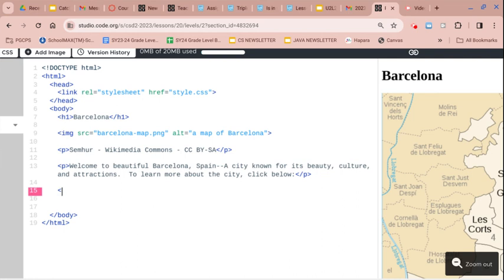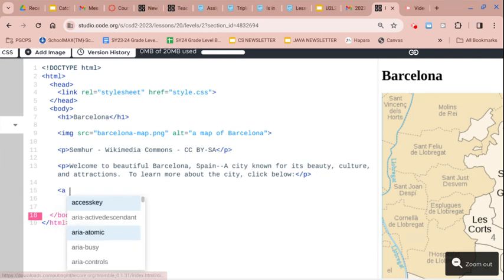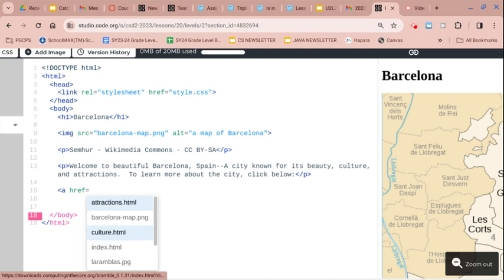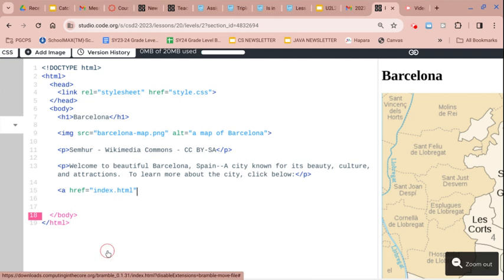So we're going to start off with the less than symbol and the letter lowercase a, space, href, equals, and then the page we want to send them to in quotation marks. So in this case, I'm going to make this my home link. So I'm going to put index.html